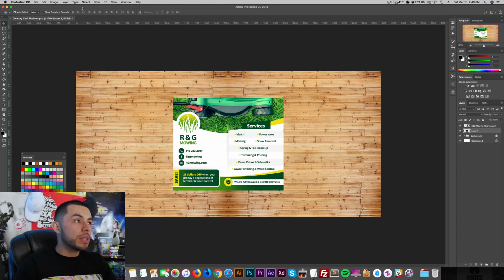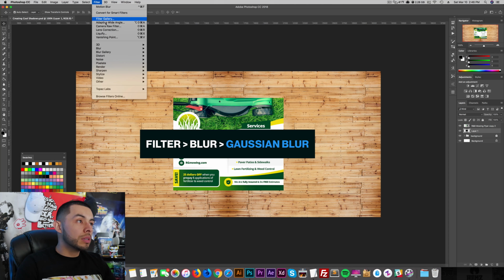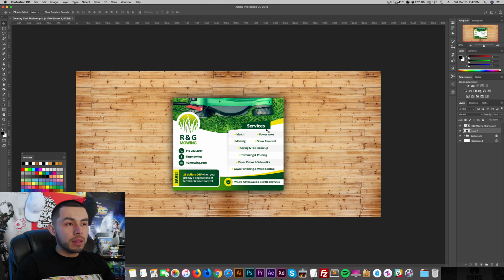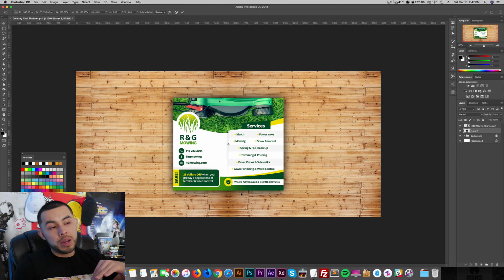And then what I do is I go up here to Filter, Blur, Gaussian Blur, and then you want to mess with the blur and see which one you like the most. In this case, I'll do 40. And since I want it to mostly stick out from the bottom, because I want my light source to be from above and then coming down,